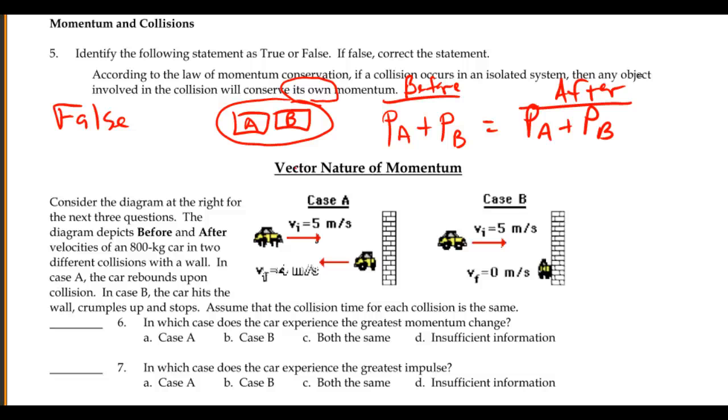It's not that PA has to stay the same. It's not that the momentum of A is the same before and after. It's that the addition of both is the same before and after. This one might have gone from 2 to 1. Now, if this one had 1, the total over here would be 3. If this one dropped down to 1, that means this one would have had to take some extra. It would have transferred some momentum from A to B, and the total is what stays the same. So not the individual momenta of each individual object.